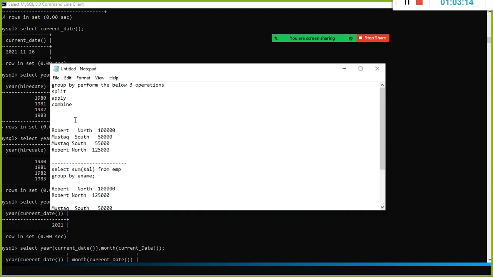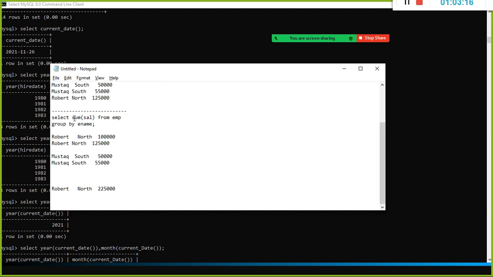Once the split is over, the next step is it applies these conditions, the aggregation function. What is aggregation? Consolidation. I don't want the detailed record. Let's say you are a CEO, you need to know the big picture. You don't want to see the operation level. You tell me how much Robert achieved, you tell me how much Mushtaq achieved.